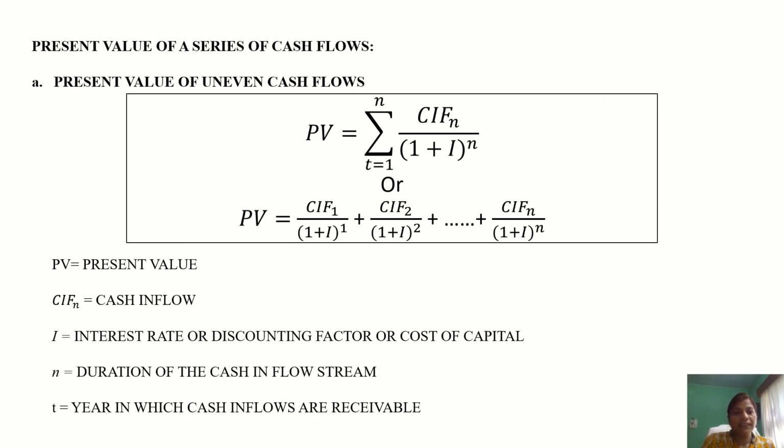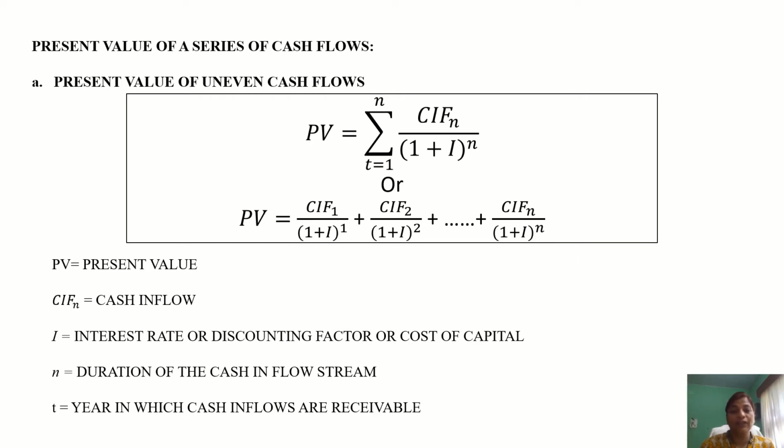So we will see the second case in present value. Earlier we have seen the lump sum amount. Now we are going to see a series, that is, cash flows generated every year: first year, second year, third year. In this we have two cases: uneven cash flows and even cash flows. Uneven cash flows means every year the cash inflows are changing. That is, first year it may be 3,000, second year it may be 5,000, like that. But when we say even cash flows, the amount will be the same, that is 3,000, 3,000, 3,000, like that for every year.